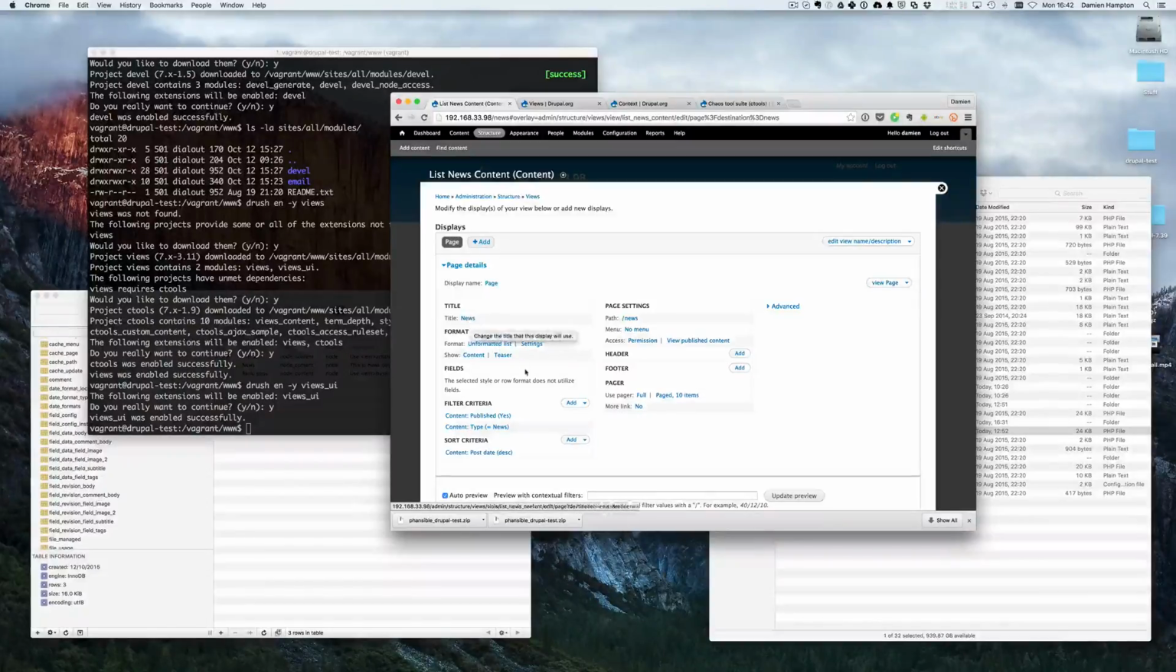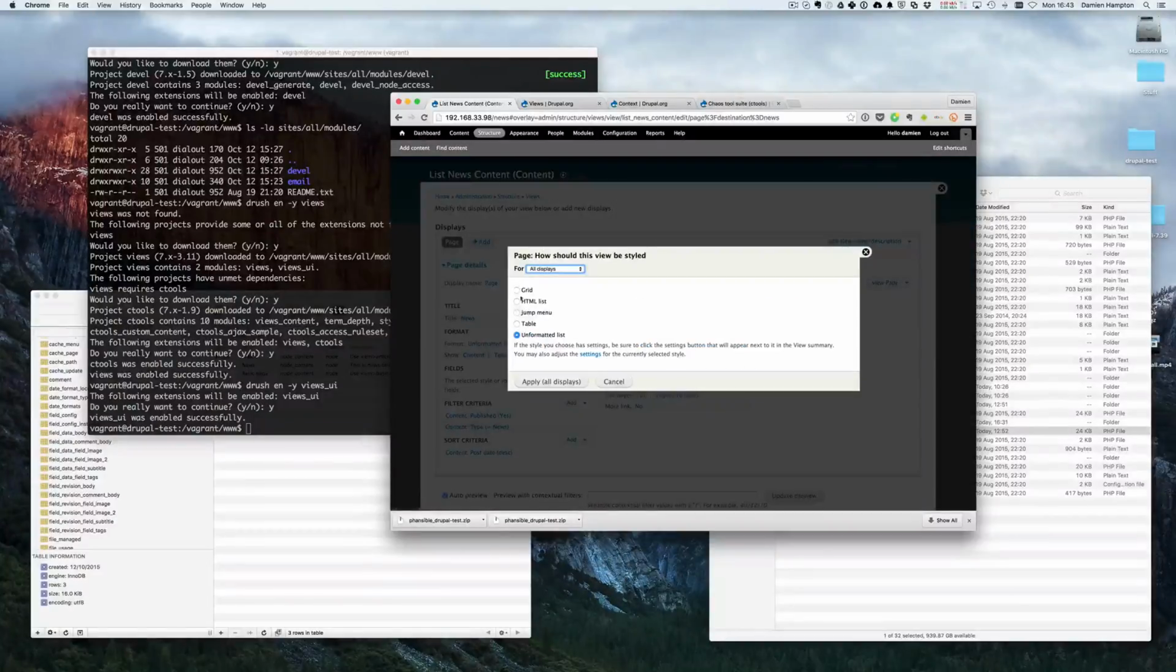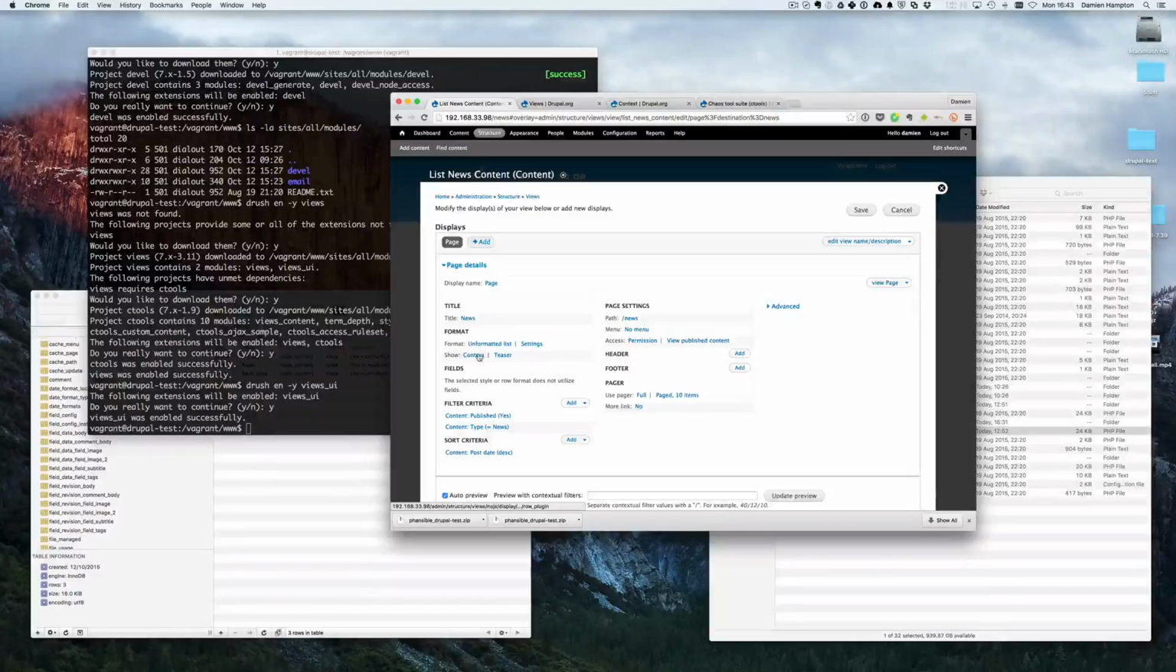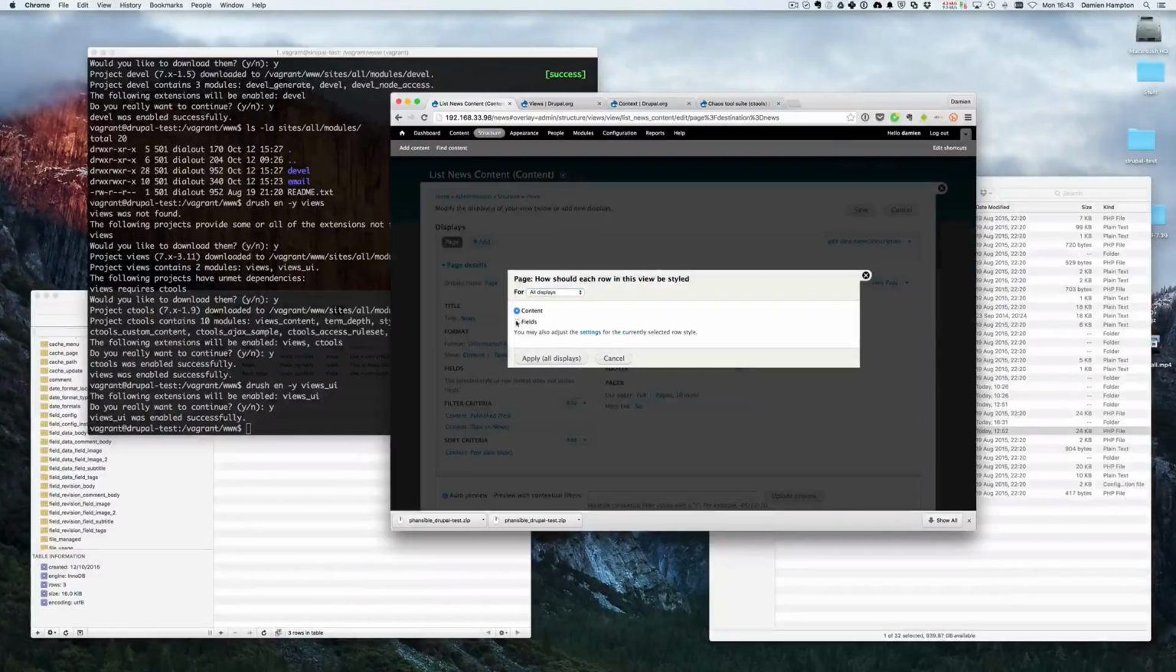The title of the page is news. It's an unformatted list, showing content. It's not using fields. If we wanted to, rather than outputting that, we could say unformatted... not unformatted. Show content. Show fields. If we said show fields,